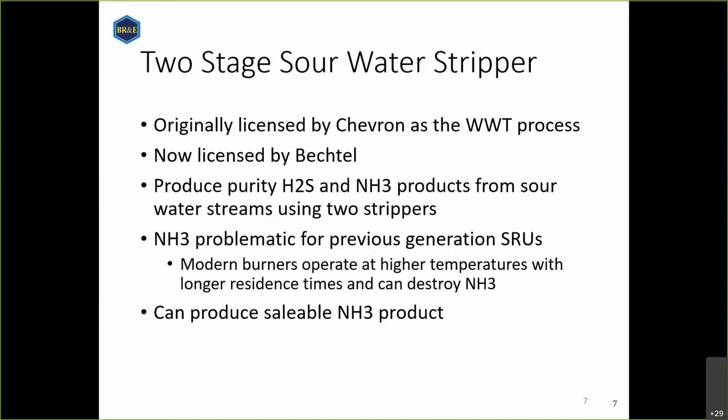This process was originally developed and licensed by Chevron, and they called it the WWT, wastewater treatment process. That process is now licensed by Bechtel. The idea is that you can have two columns and produce two separate streams, a pure H2S stream and a pure ammonia stream. When this was originally being marketed and developed, it was very beneficial because